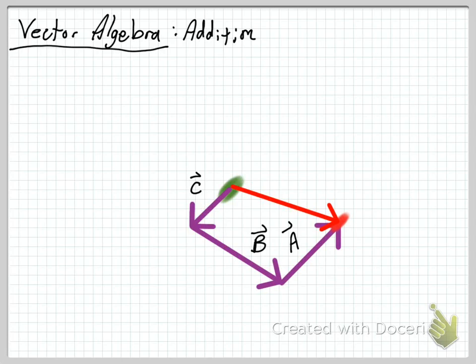So symbolically, we could represent this as vector C plus vector B plus vector A. And that is equivalent to the vector that we calculated previously, A plus B plus the vector C. If you recall from your algebra class, that property is the commutative property